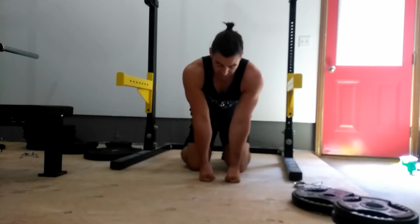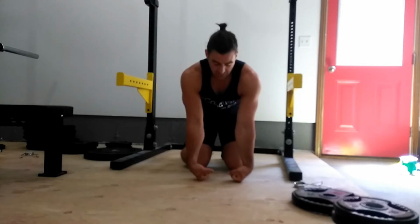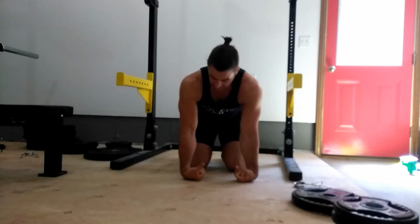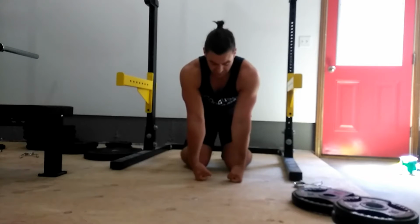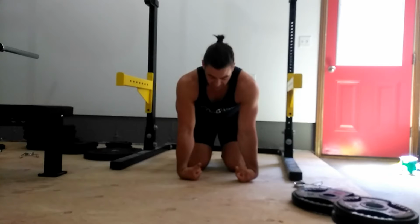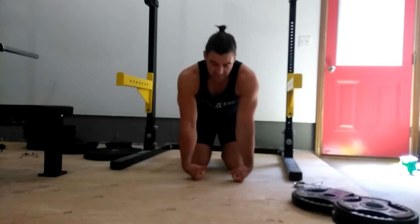As I hold that closed fist, what I'm going to do is slowly roll to the outside or back of my hand. So I'm trying to touch the back of my hand down to the ground. My elbows are bending, so I'm cheating to do it. But what I'm doing, slowly rolling to the back of my hand, feeling that stretch, and then back up. And I'm going to repeat